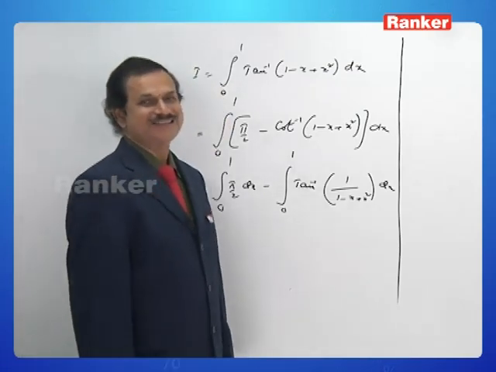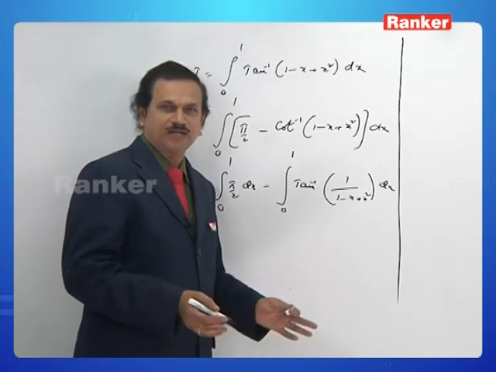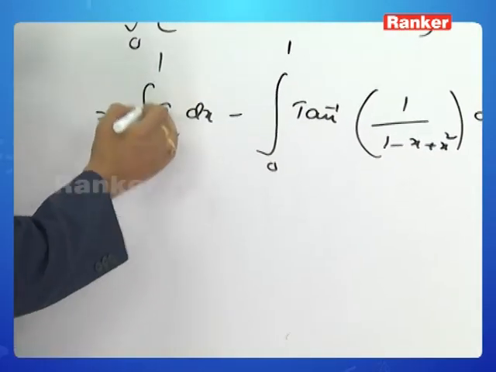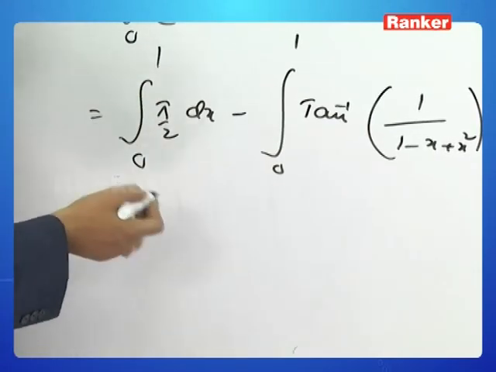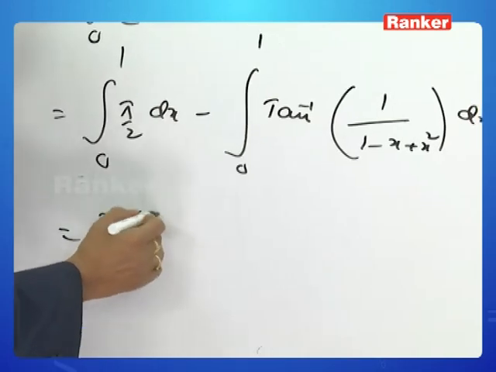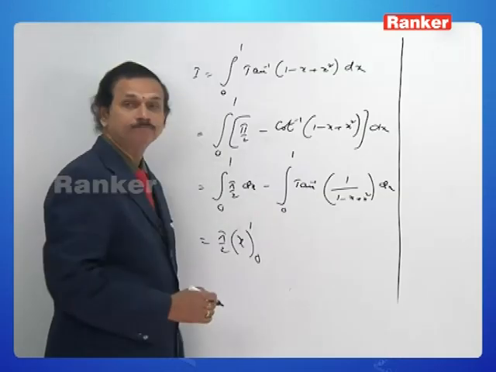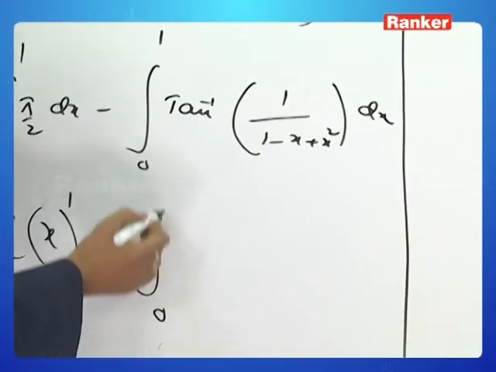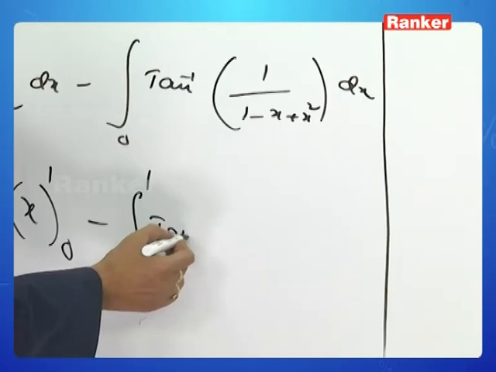Cot inverse x and tan inverse 1 by x are one and the same. You can easily observe that. This is equal to, what is the integral of 1? It's nothing but x between the limits 0 to 1, minus, now you observe, 0 to 1 tan inverse of, look here,